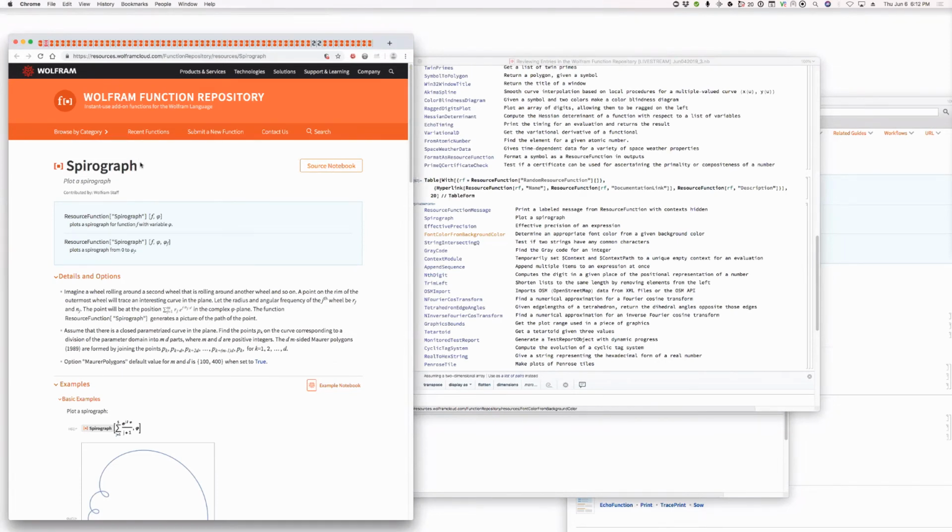I think it's going to be very difficult for us to put a TM there without it messing up. I mean, we might be able to say plot a spirograph. It's not plotting a spirograph. What is a spirograph? I mean, there's a spirograph set with a bunch of wheels in it. I would have thought this should be called spirograph plot or something. I think that would make a lot more sense